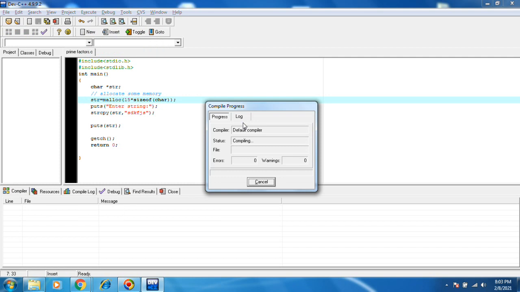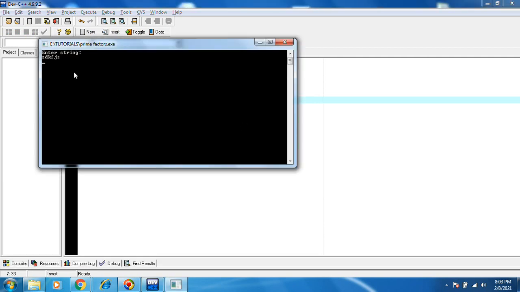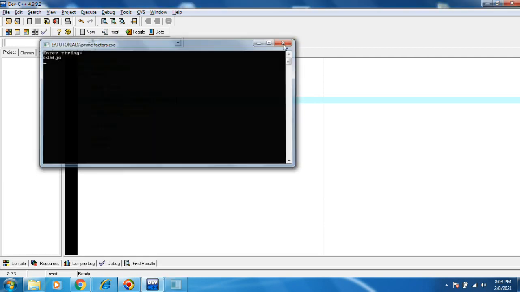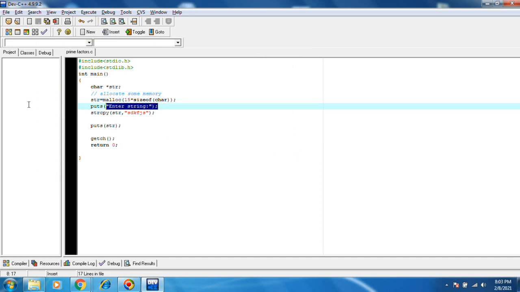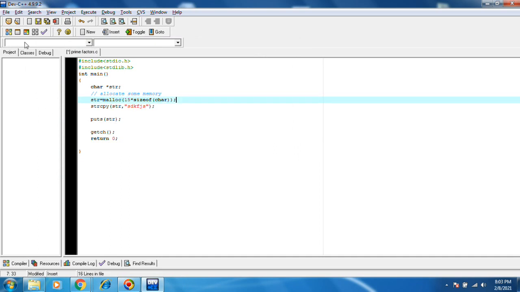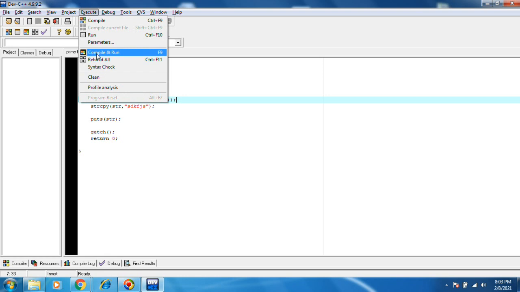Execute, compile and run. Yes, now the output prints here.